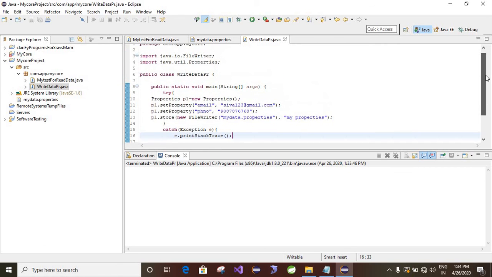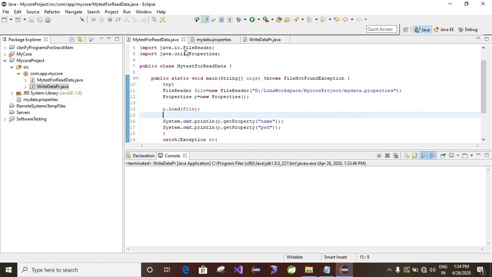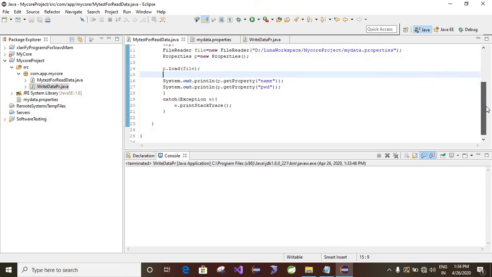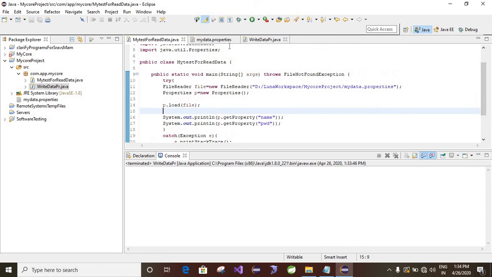The properties file we created, and we are storing, and we are reading data from the properties by using this class. I think you are clear about this, right?